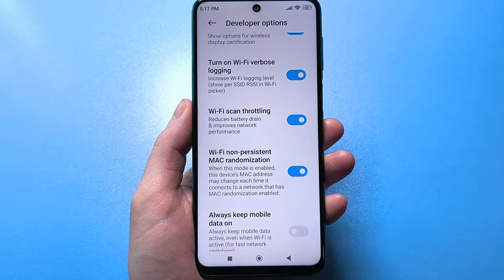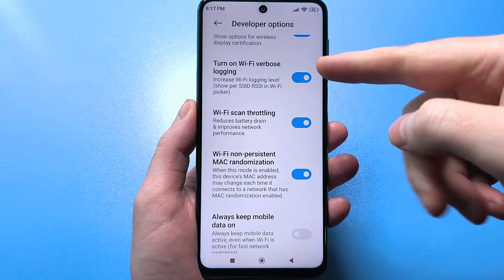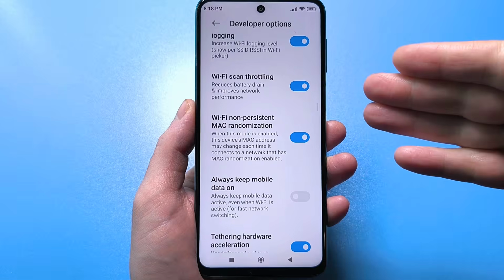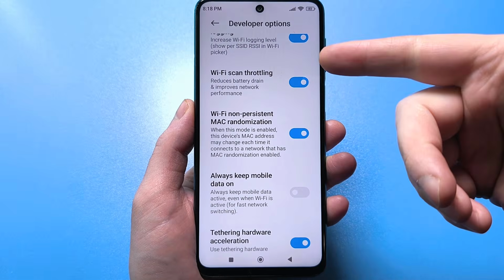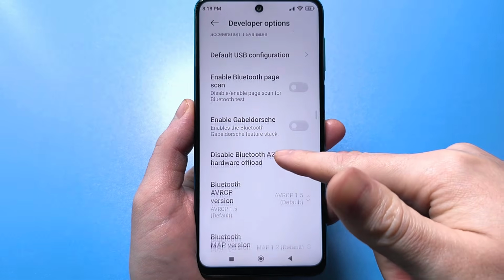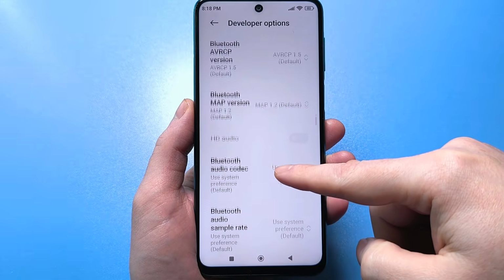Cold shuttering. Enable this setting. Next, keep mobile data enabled. It's best to disable it to avoid draining the battery. And then scroll down and look for the setting. Look,